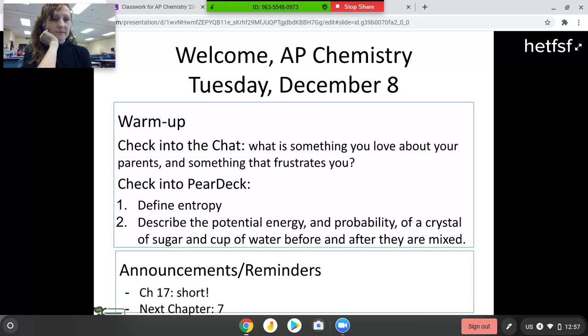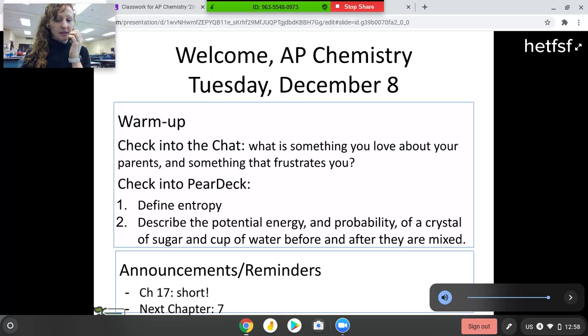We can just go over entropy of the universe again. Like a definition of entropy of the universe? Yeah, okay. So entropy is disorder, right? And entropy of the universe is made up of entropy of the system and entropy of the surroundings added together. It's kind of like energy. If you have energy of the system and energy of the surroundings, it makes up a total energy. Entropy of the universe is just net entropy.